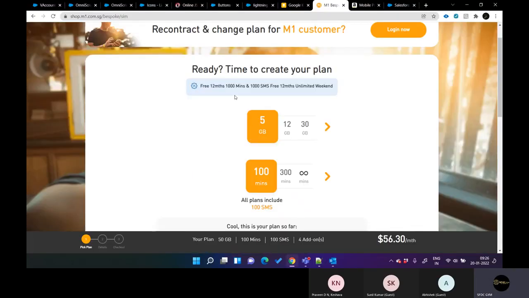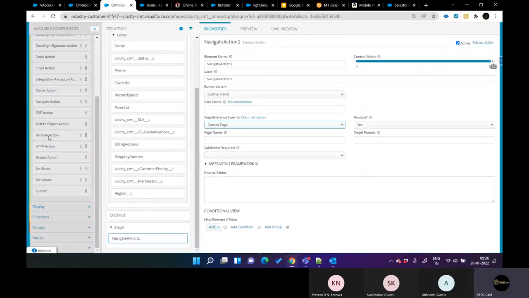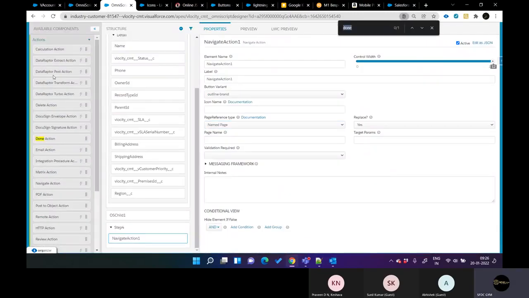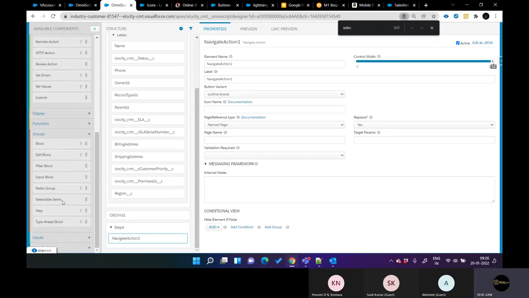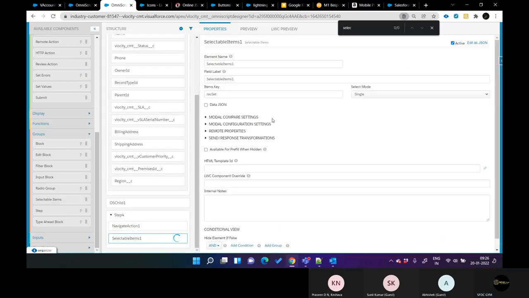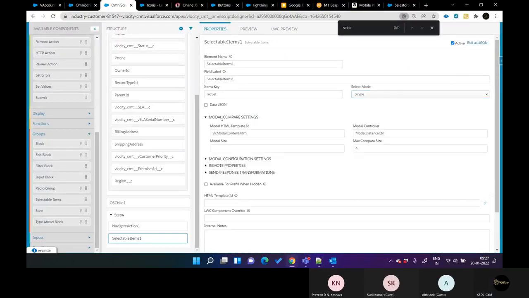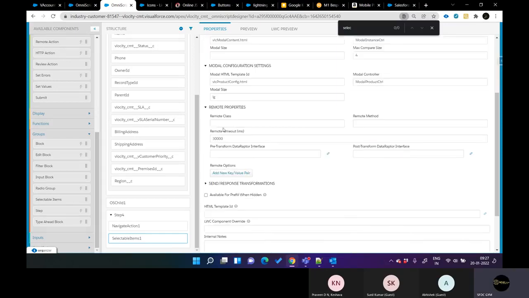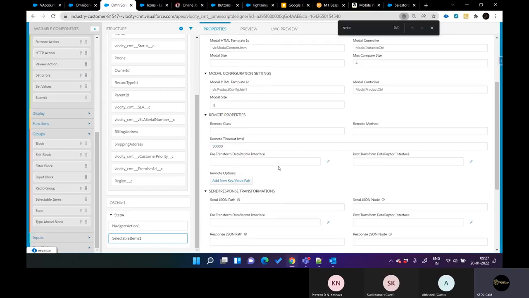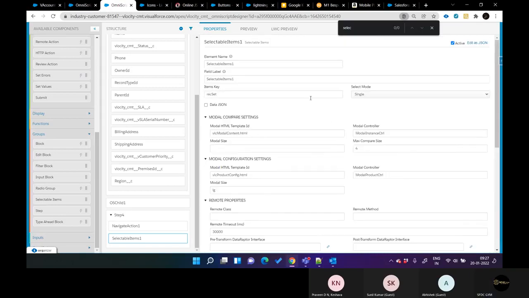Okay, let me actually drag that element. Just go to select item. I think it is in the groups. Yeah, select items. Drag it in and I will tell you what it does. Select table item, right? Yeah. So these are the important remote properties and JSON node. Yeah. So see, first thing you need to